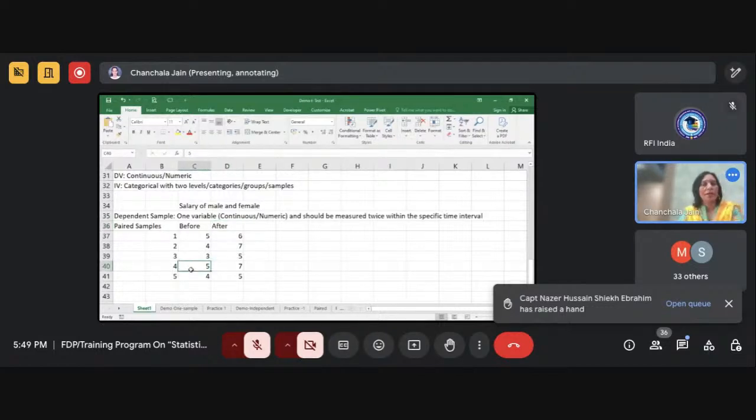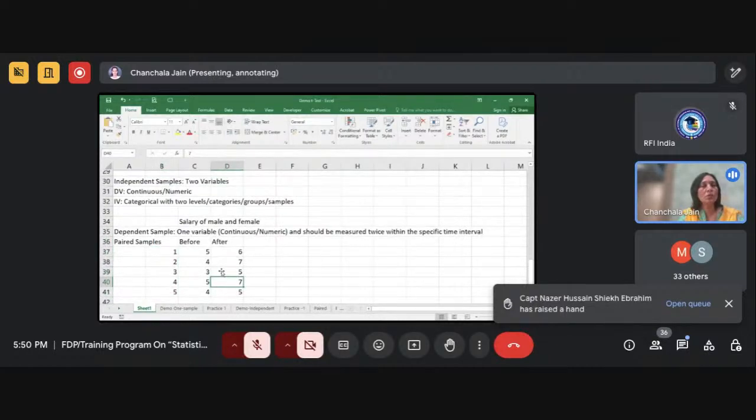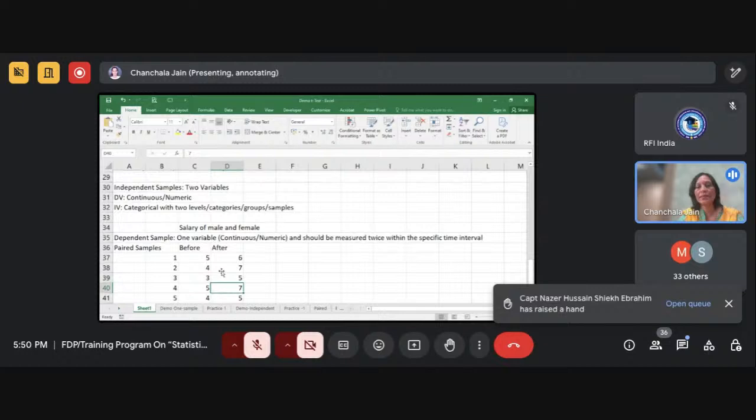Okay, sorry. So when I was talking about dependent samples, here we have only one variable and only a single sample, right? Suppose I have only these 5 people as a sample. For this particular sample, you need to collect data twice, two times with a particular time gap. So this is a case of dependent samples. There will always be a pairing, right? So this is known as dependent samples. Is the concept clear? May we go further?